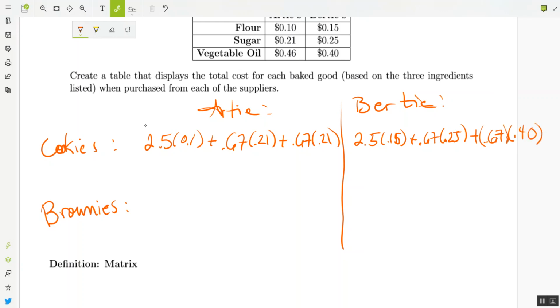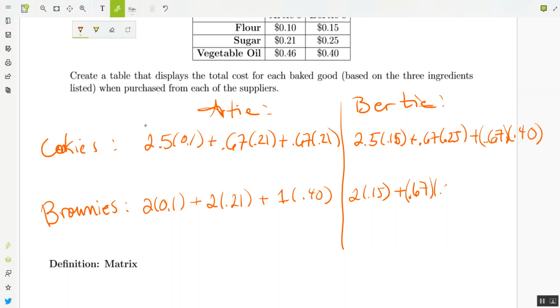Cool. And then if we go to do brownies, it's a different amount of flour needed for the same price at Artie's. Different amount of sugar needed for the same price at Brownies. Different amount of, what am I on, veggie oil? Yeah, veggie oil needed. And then it's going to be the same first values, but different second values. So 2.15 times 0.15, 0.67